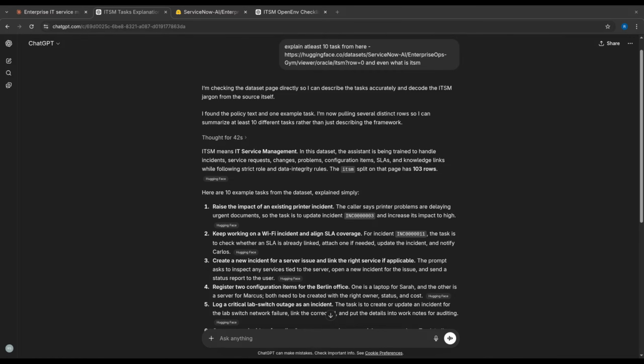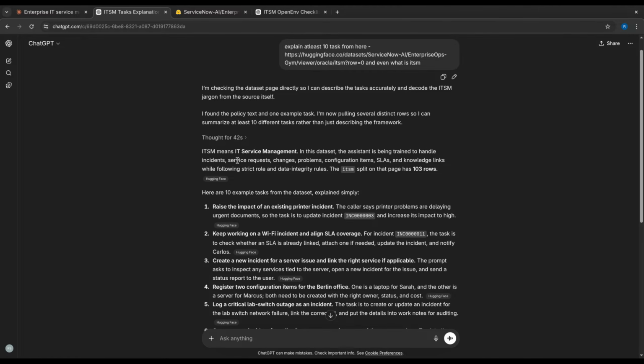Hello. Okay, I'm audible. So I am checking the dataset directly so I can describe it. It found the policy text and one example task. I am now pulling several distinct rows so I can summarize at least 10 tasks rather than just describing the framework.